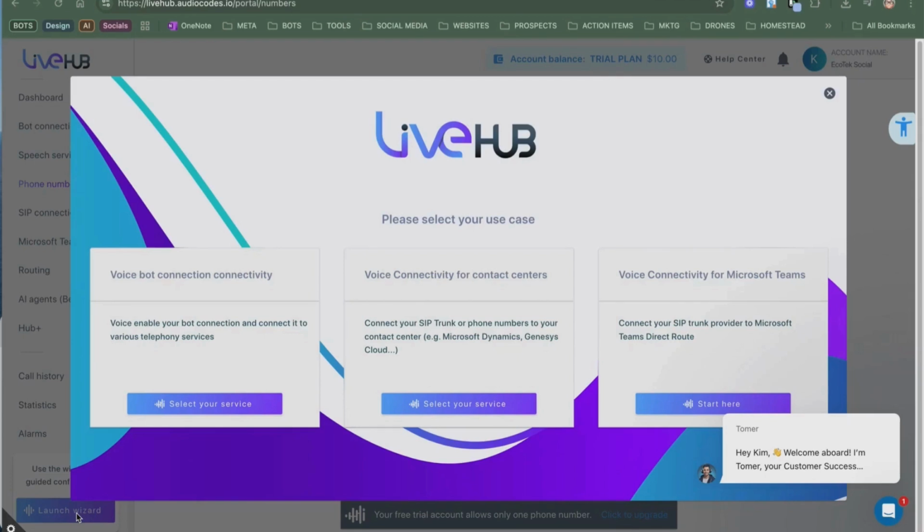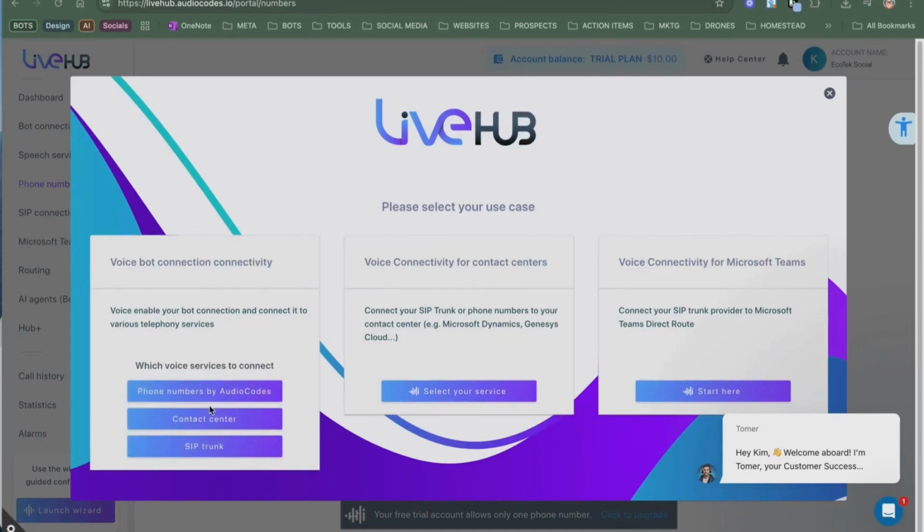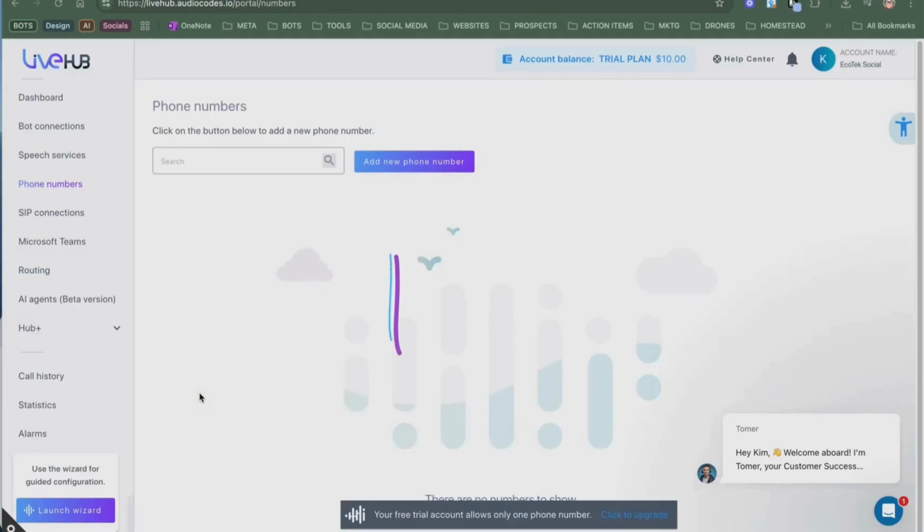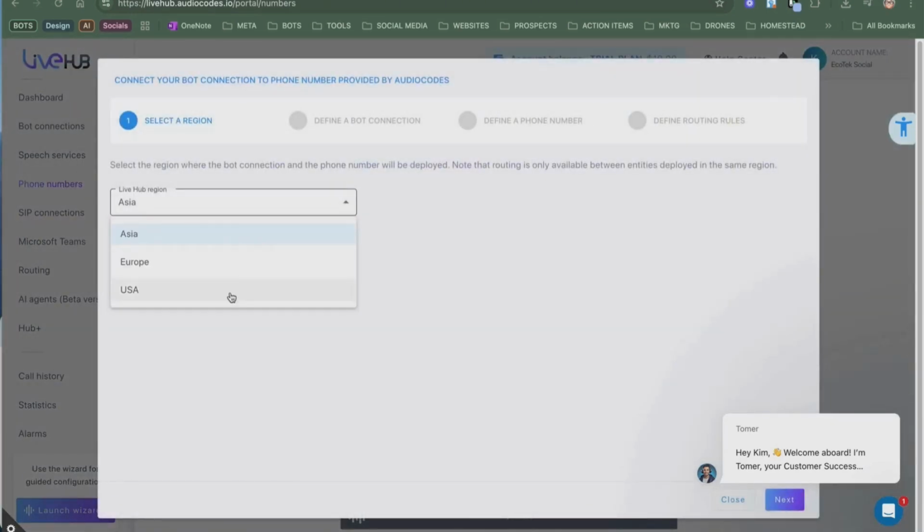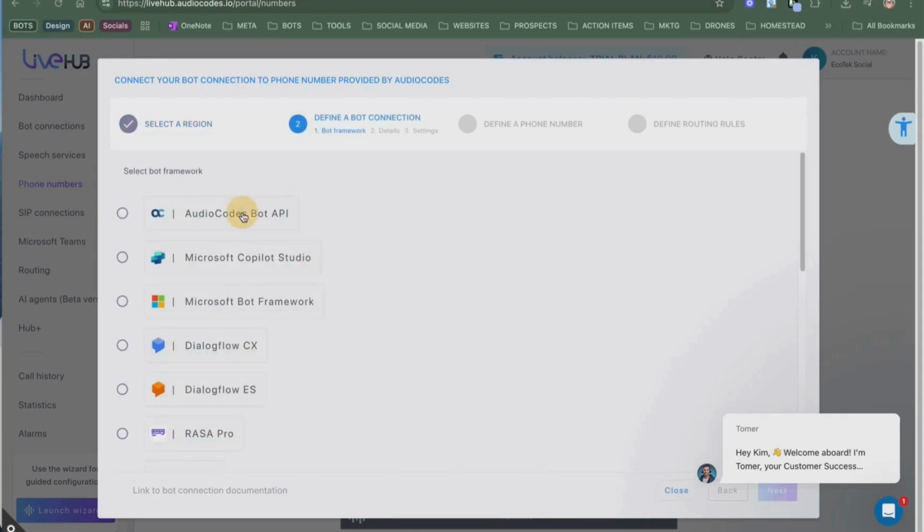So when you click on the wizard, you're going to come up to these three squares. We're just going to do a voice bot. So we're going to choose AudioCodes. And we're going to go create a bot, a phone bot, over on AudioCodes. And that's what we're going to connect to our CBB account. You go through here, choose AudioCodes, get your country in there, do an AudioCodes bot,